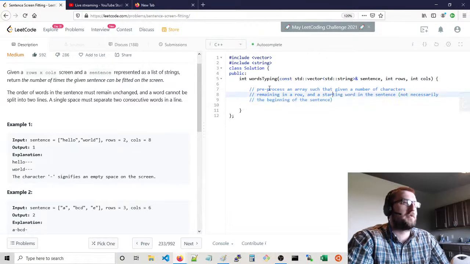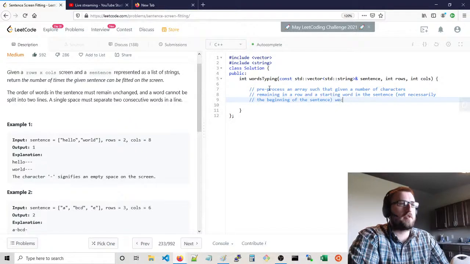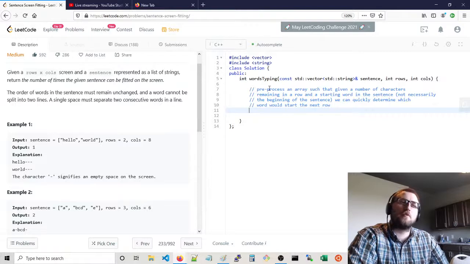Given a number of characters remaining in a row, we can quickly determine which word starts the next row. Yeah, quite a confusing thing. I'm not expressing that particularly well or rigorously, but